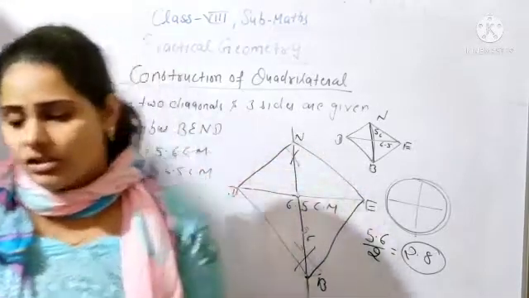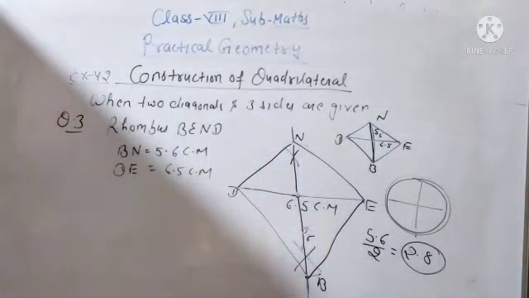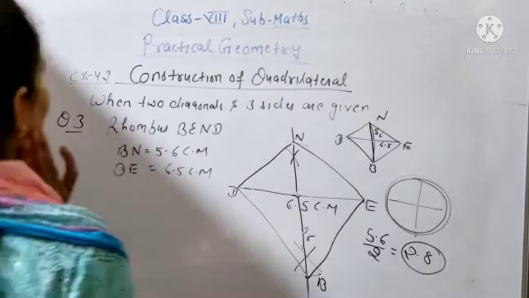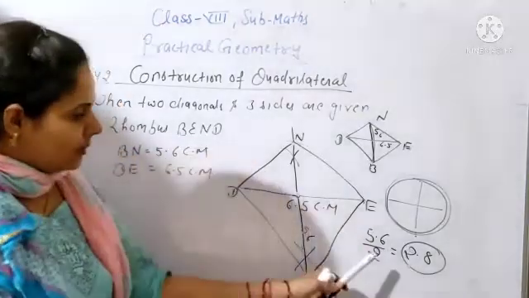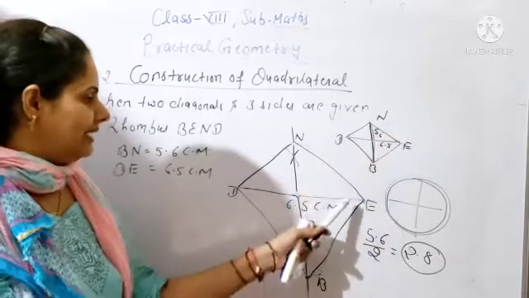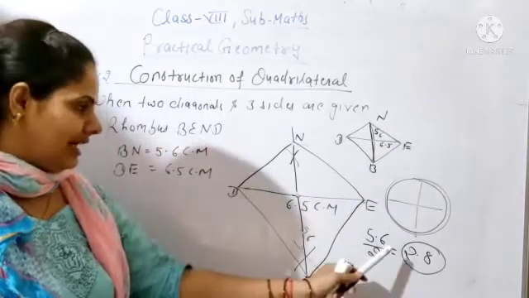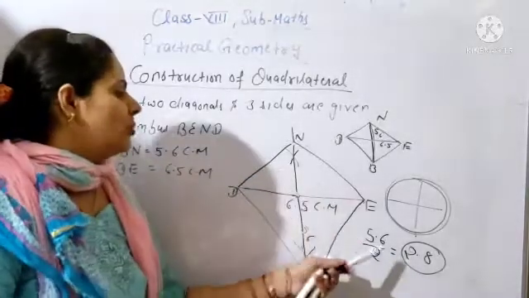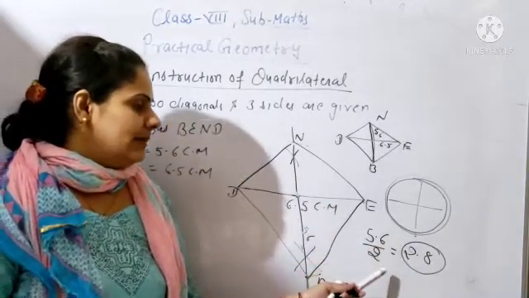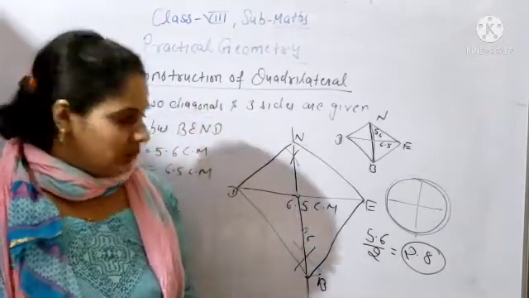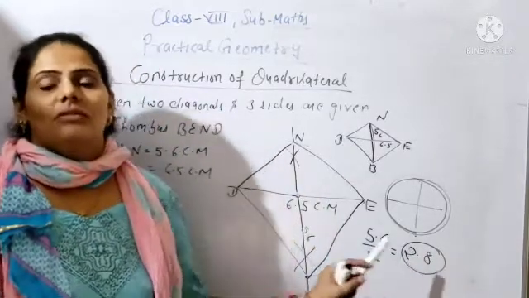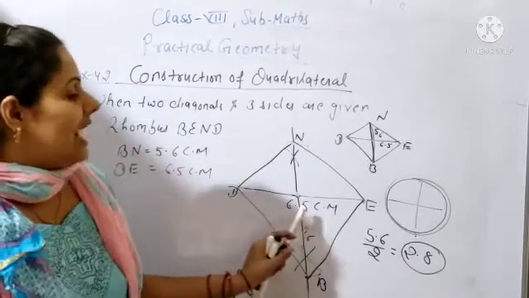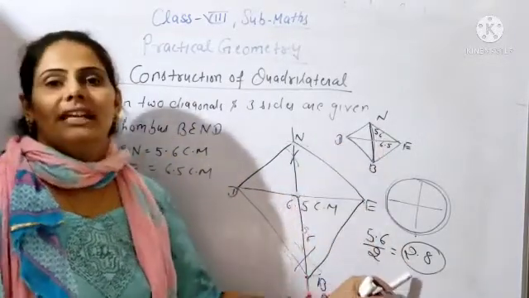Clear? So first step, because this is a different type of rhombus. Okay, so how will you make this type of rhombus? When both the diagonals are given, how will you complete the rhombus? Beta, now you know why we took the odd one diagonal here and the even one there. Because if you take the even one, the half of it is easy. If you took 6.5 here, then 6.5 divided by 2 keeps going on, and you do not get an exact number. Okay, so what will you do? You will take the odd one first. After that, the second, even one diagonal, you can easily take half of that.